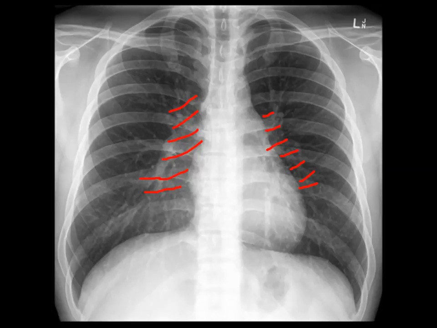The hilar consists of pulmonary blood vessels, the main bronchi, and lymph nodes, although you should not be able to see lymph nodes in a normal patient. There is an indentation in the hilum on each side called the hilar point, and normally it's higher on the left than the right. Now, before we jump into how to analyse a chest X-ray, I'm going to talk you